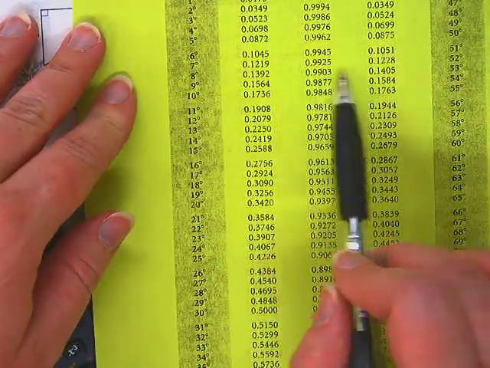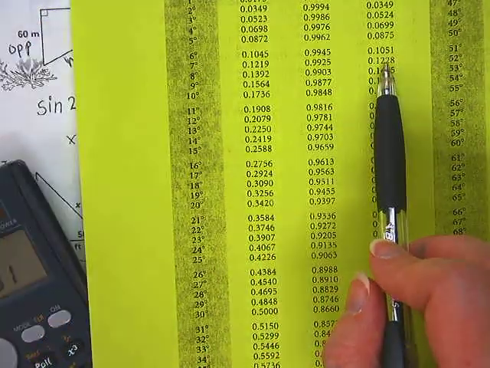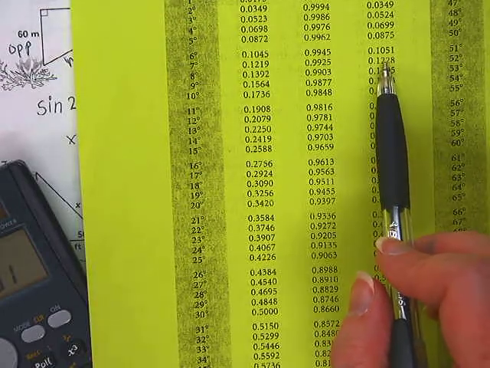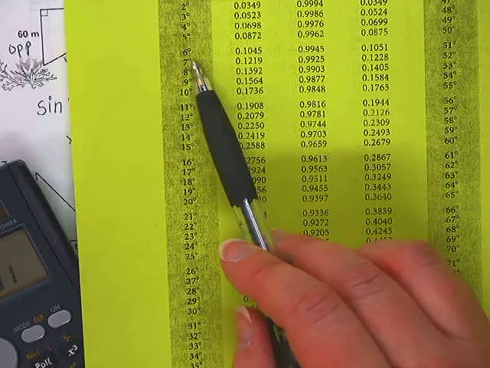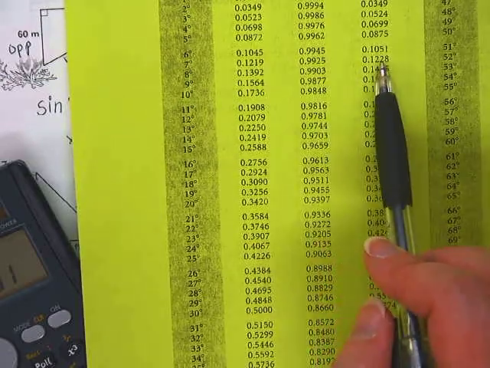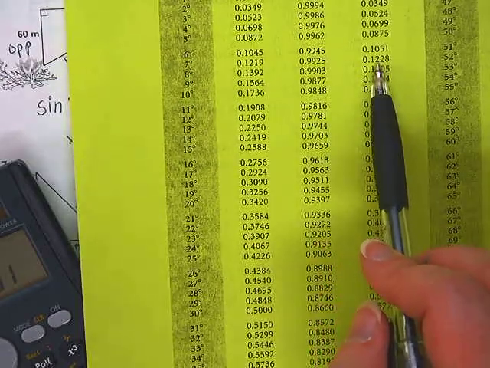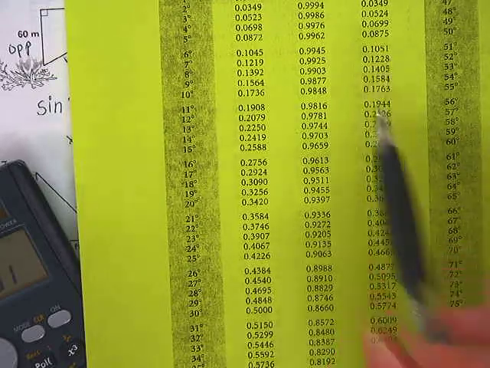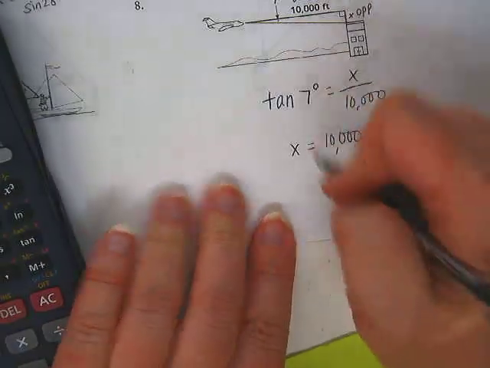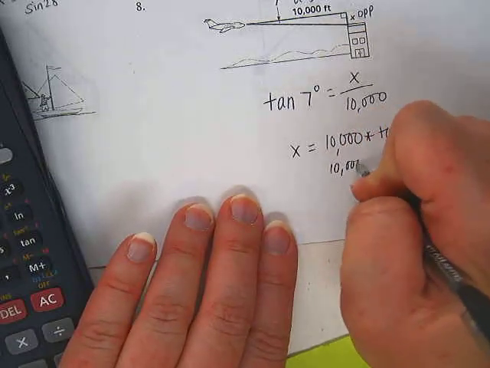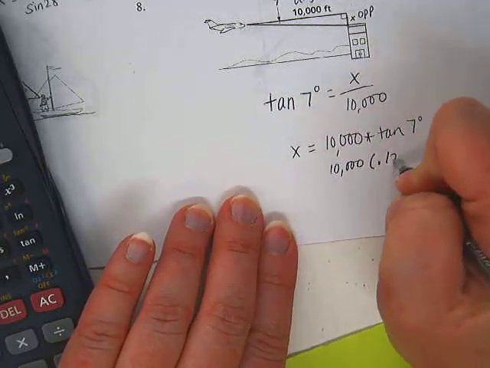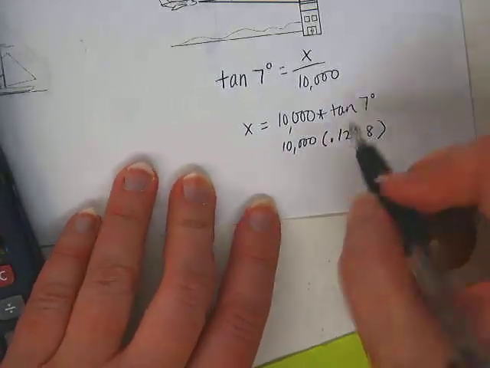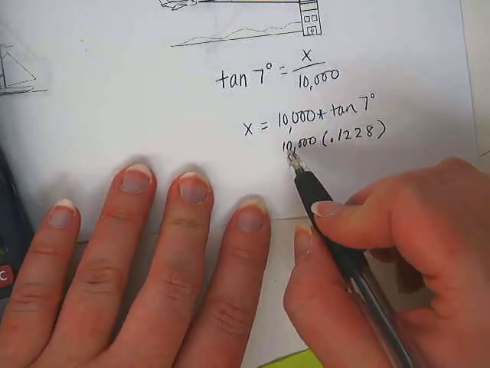Alright, so we look at 7 degrees. So Spencer wanted to just multiply by 7, but that's wrong. A lot of people will make that mistake. Instead of just multiplying by 7, we actually multiply by the tangent of 7. And the tangent of 7 is this last column right here. It's 0.1228. So I just go 10,000